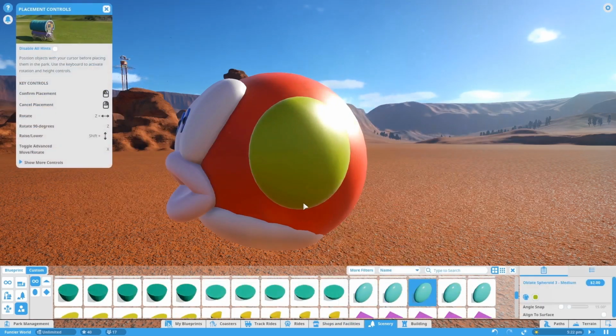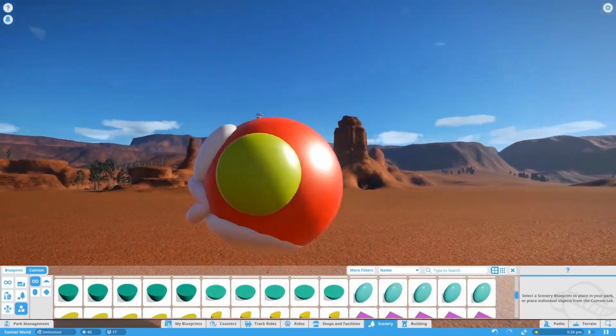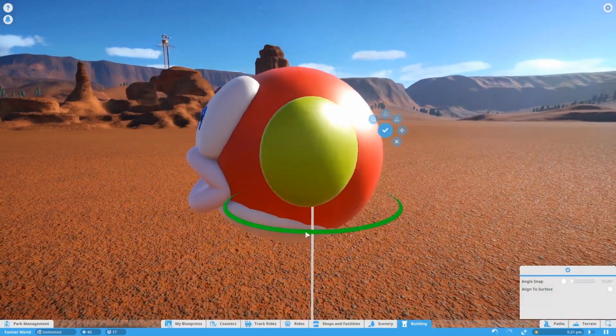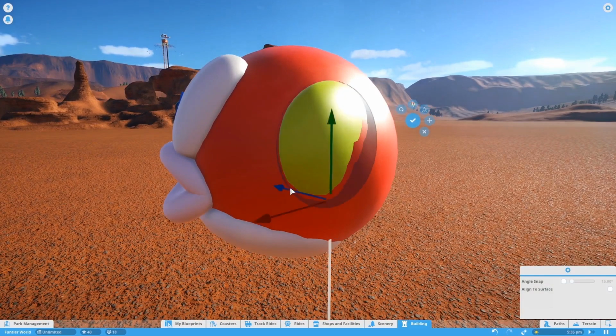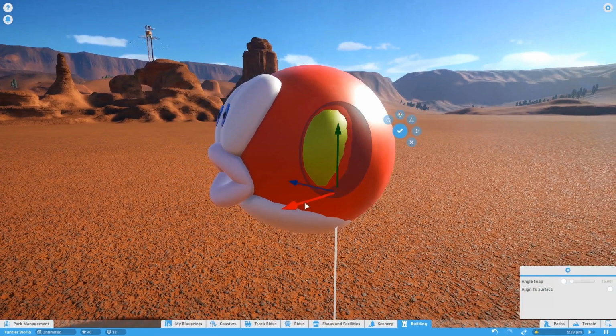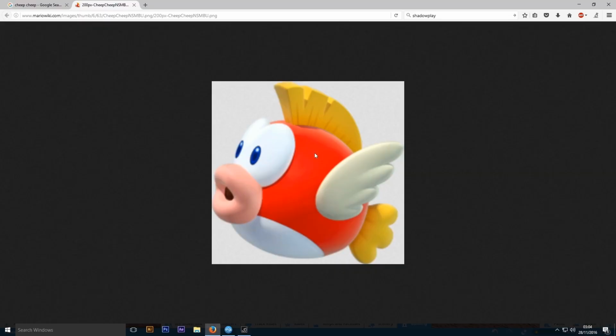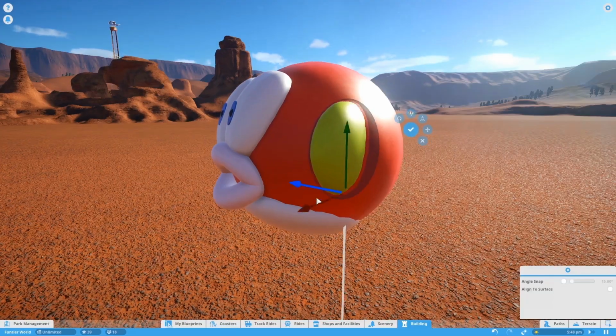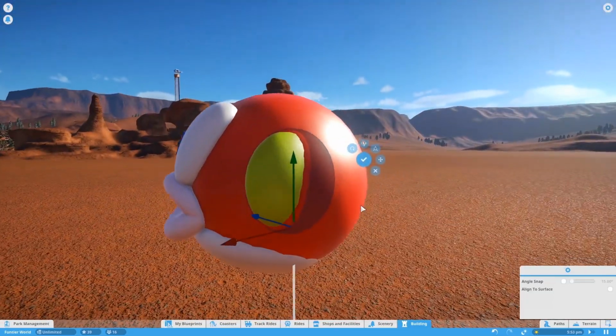Okay, so we moved on to the wings. The fins. It's a fish. Is it a bird? Is it half and half? I don't know. We're moving on to the wings section here. I'm just trying to find a shape again that matches this. It's difficult. You have to experiment